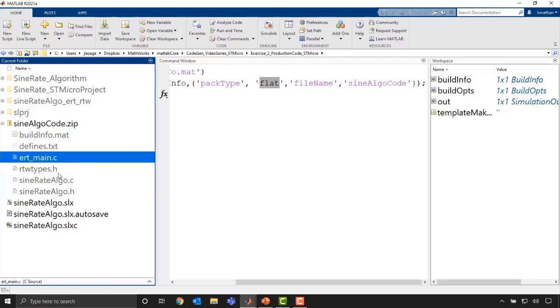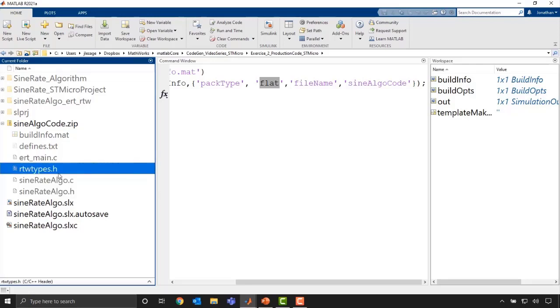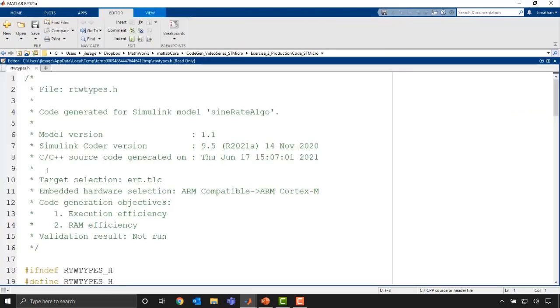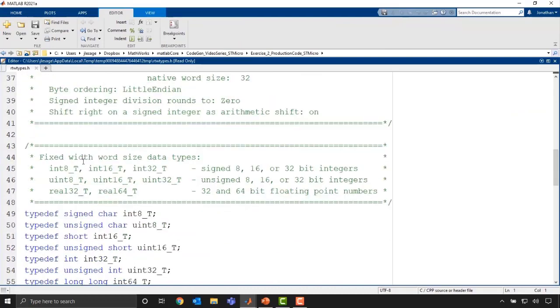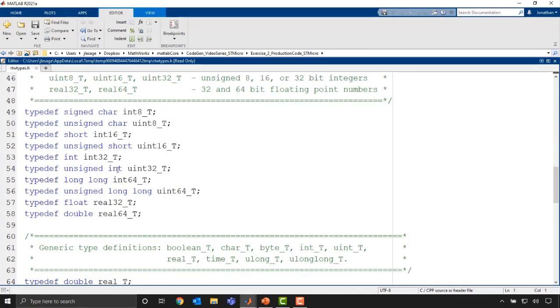If there's any dependencies on other files, you'll see here, there's one called the rtw types.h, the header file. It'll package those up as well. And if you're curious what this one actually is, when we did that hardware selection in the quick start, this sets up the mapping for that. So if, down the road you say generate the same algorithm, but for a different processor class that has different definitions here, the RTW types file would be different.